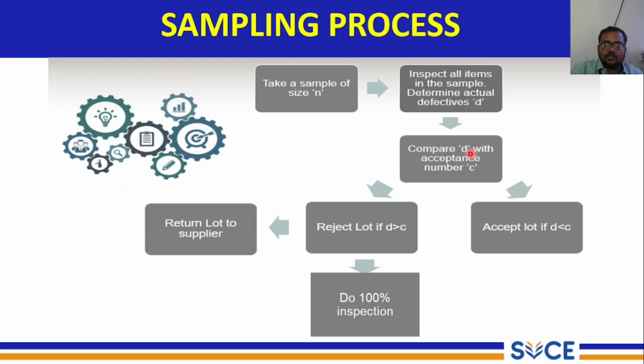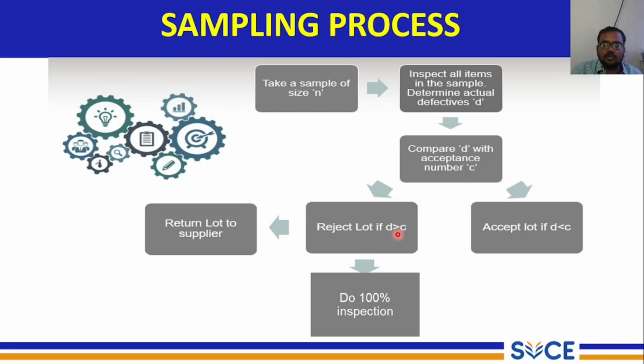You compare the actual defectives D with your acceptance number C. What is the acceptance number? The maximum number of defects which can be present in a sample, and of course it varies from case to case. If it is a 100% defect-free product, then you have to ensure that the number of defectives is 0. If you are expecting 90% quality products, then the number of defectives has to be less than 10%. So you compare that, and you reject the lot if D is greater than C,